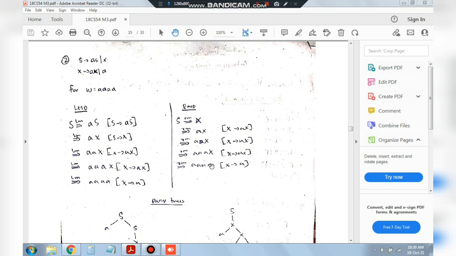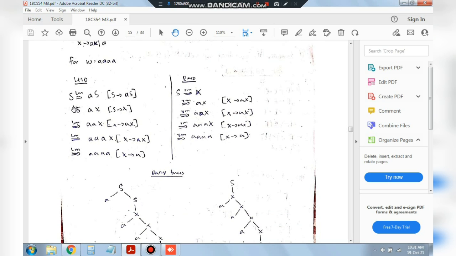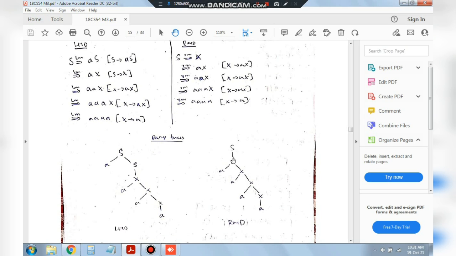Okay, so generating the parse tree, first right here S goes to aS as we have done for this one, aS, then S was written as X, so right here S as X, and then move on. Okay, but in the rightmost derivation, first we have written S as X, so we have written directly S as X, and then aaa. Okay, so as you can see, both of these parse trees are not the same, so therefore the language is ambiguous.